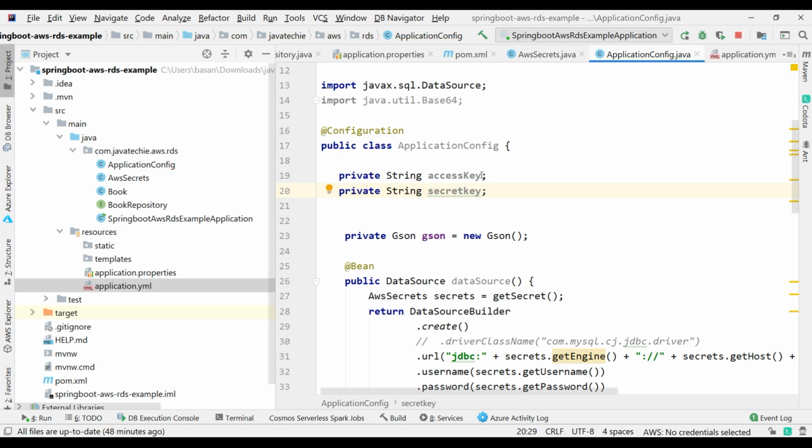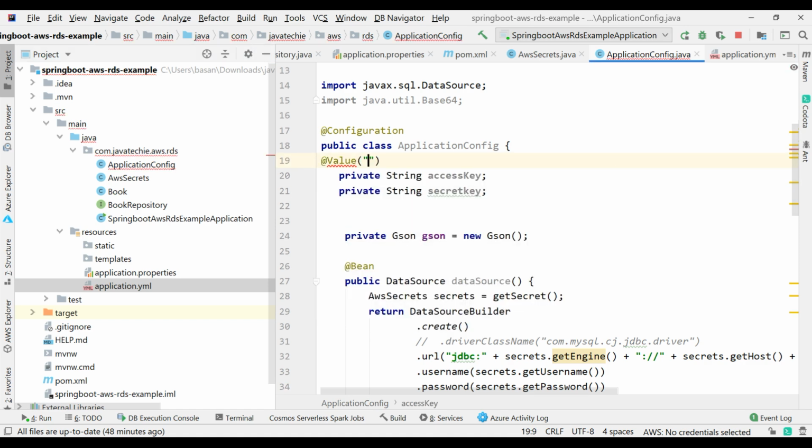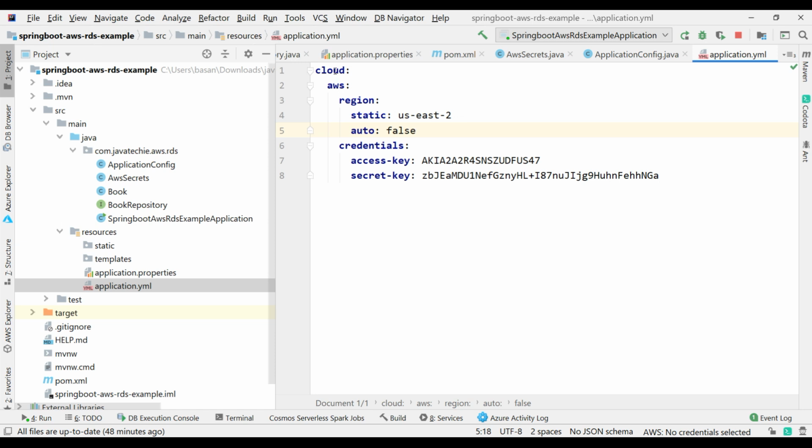Then you already know how we can fetch properties from a YML file. Just use the @Value annotation, then pass the hierarchy. Here you can write dollar, and then in the application.yml, I need cloud, aws, credentials, access key.